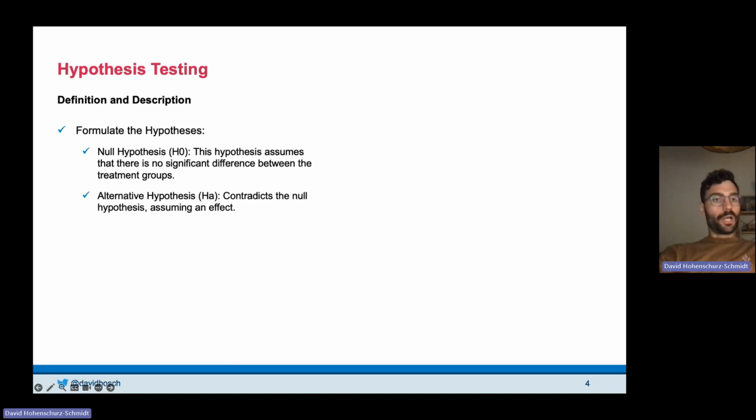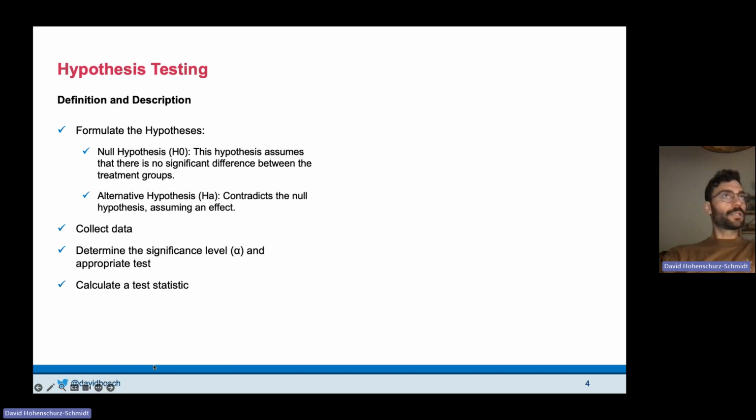And then next to the null hypothesis, you have the alternative hypothesis, which contradicts the null hypothesis, so it's the opposite. And based on collecting data, determining a statistical significance level of what's called alpha, and that's usually the famous 0.05 p-value and alpha level, choosing an appropriate test for the kind of data that you've collected, you can then calculate a test statistic and compare that against your null hypothesis. Usually, if p is lower,